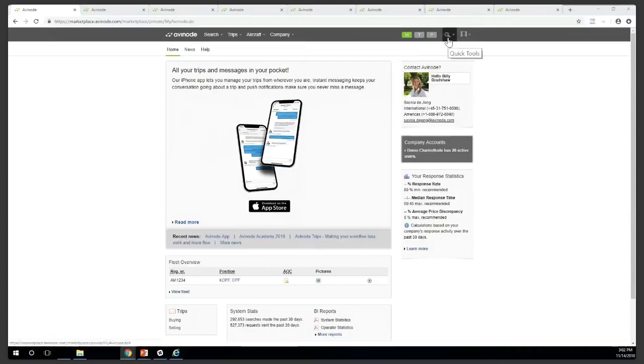On the right-hand side, you will find this magnifying glass, which is our quick tools function, which will allow you to perform 3 basic searches. The first one is for a registration number. If you need more information on a particular aircraft, you can go ahead and write down the registration number, click search,